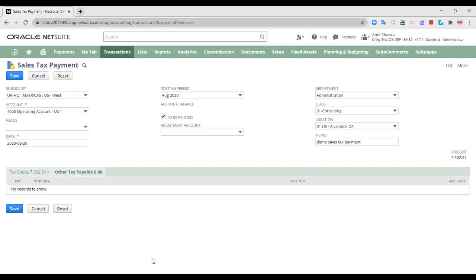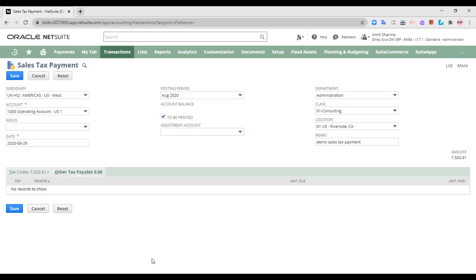Otherwise, what you have done is you have selected the vendor as the sales tax agency vendor. You have entered the expense, the tax is calculated, and you've debited an expense and credited the sales tax payable, and the vendor is a tax agency vendor that has been selected or assigned.